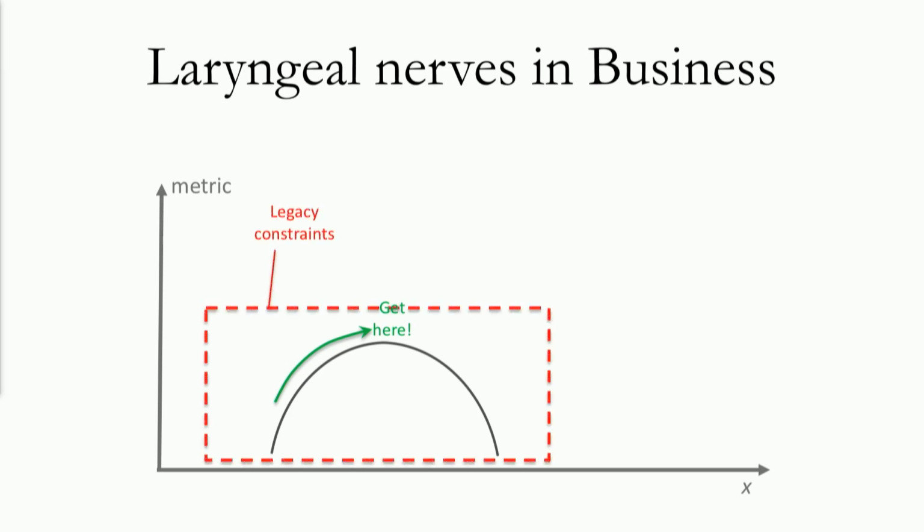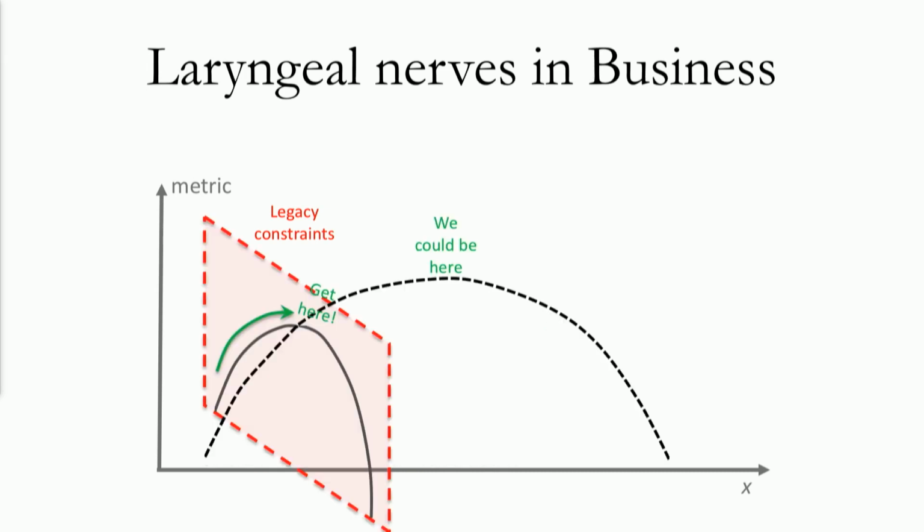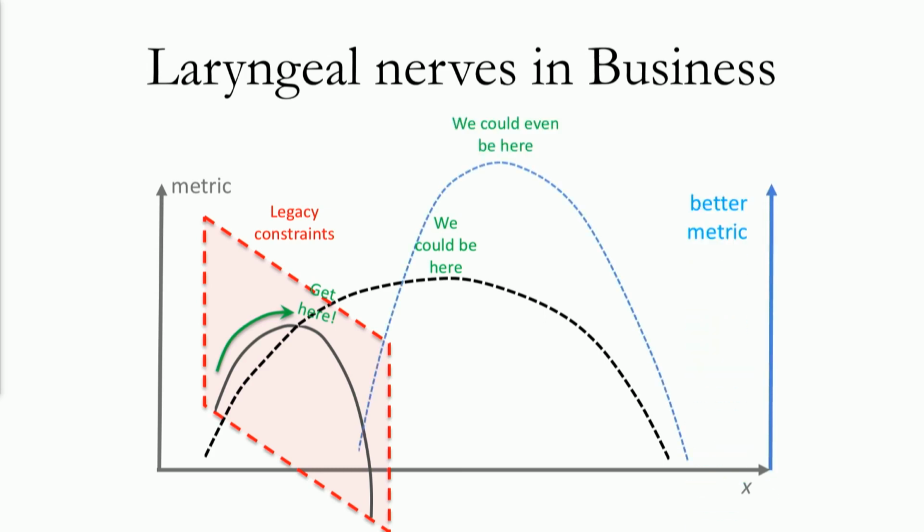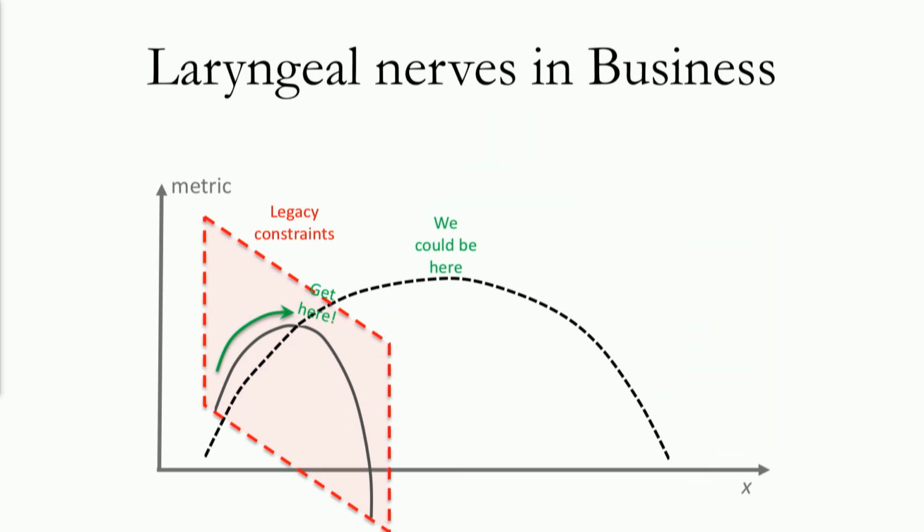We don't see them because we use an old and familiar blueprint when we design the service or feature, whatever it is you're doing. But the constraints are there, and they are constraining. So the constraints are there, they just weren't visible before until you look at it from another lens. And here, you can see what we thought was optimal is not optimal at all. We could have been up there. So instead, we're stuck, like a laryngeal nerve stuck, operating in that plane, making only incremental improvements when we could